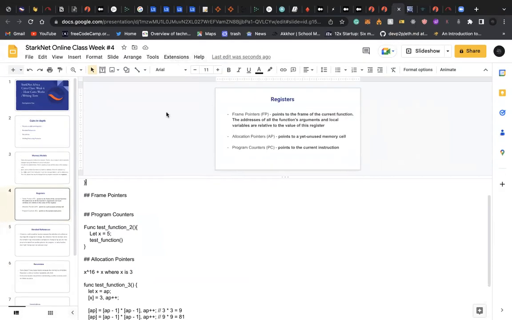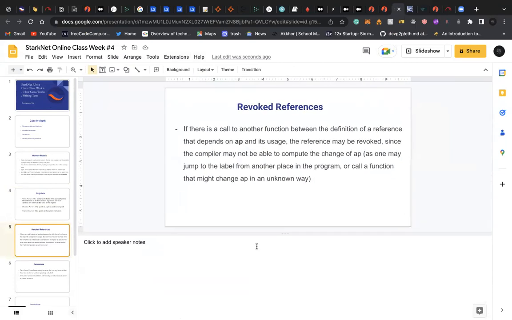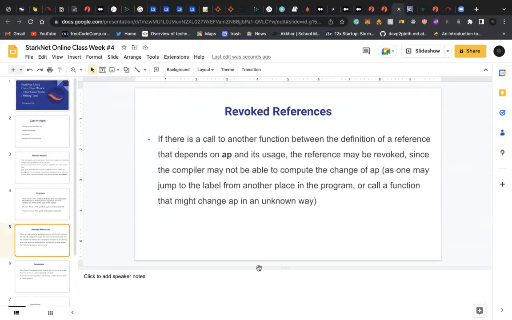Thank you. So yeah, let's go to the next one, which is revoked references. So this is a very confusing concept, right? Because it's not even intuitive, especially if you're coming from other programming languages, but it makes sense if you understand how it works. So basically, from the documentation: if there is a call to another function between the definition of a reference that depends on AP and its usage,